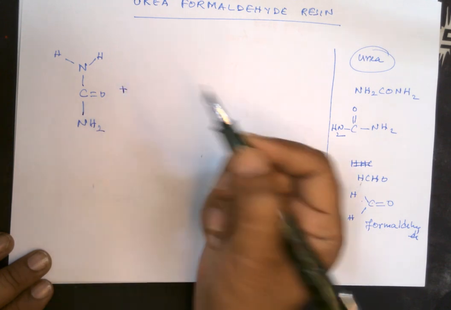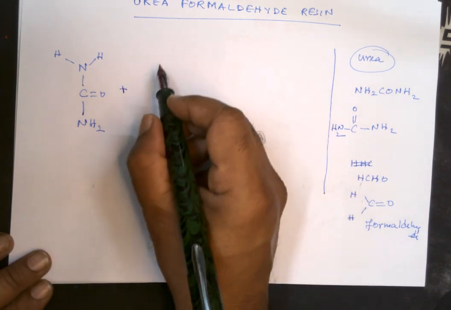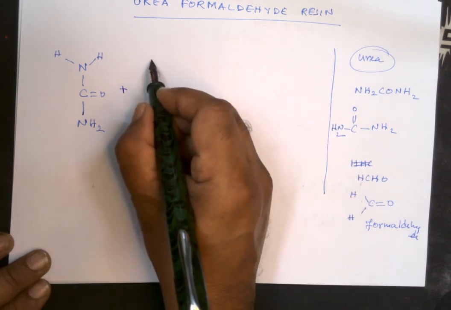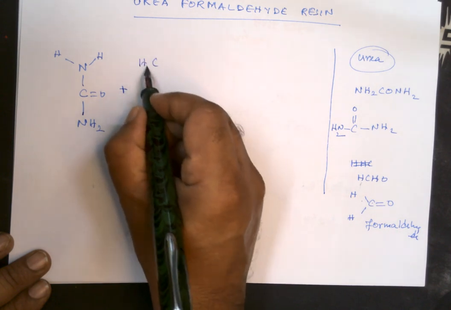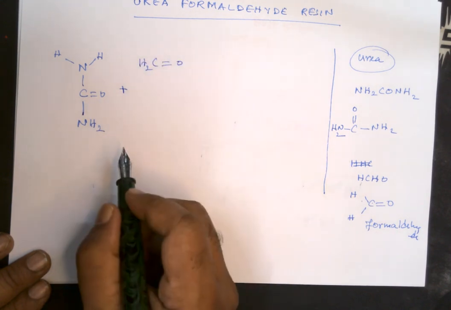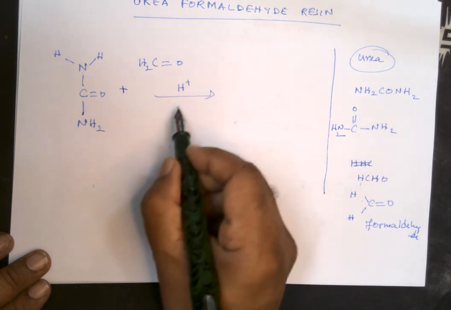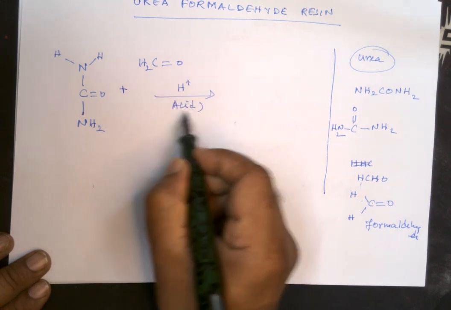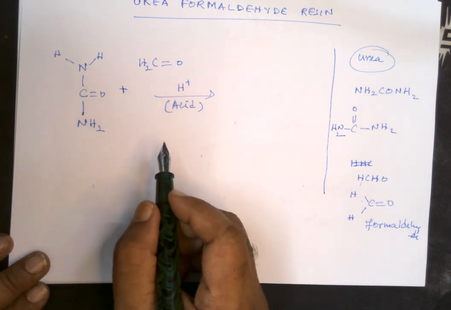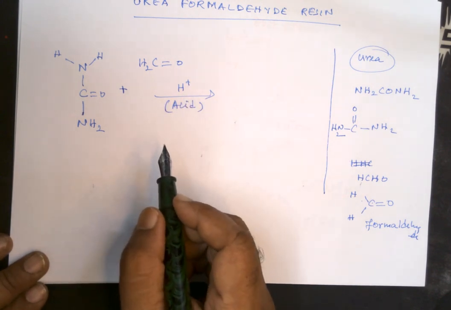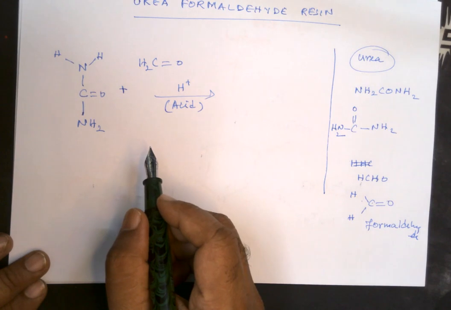Now that combines with formaldehyde. Formaldehyde can be written as simply CH2 double bond O also. Now in the presence of acid, that is, acid is represented by H plus here, so in acidic condition, it forms